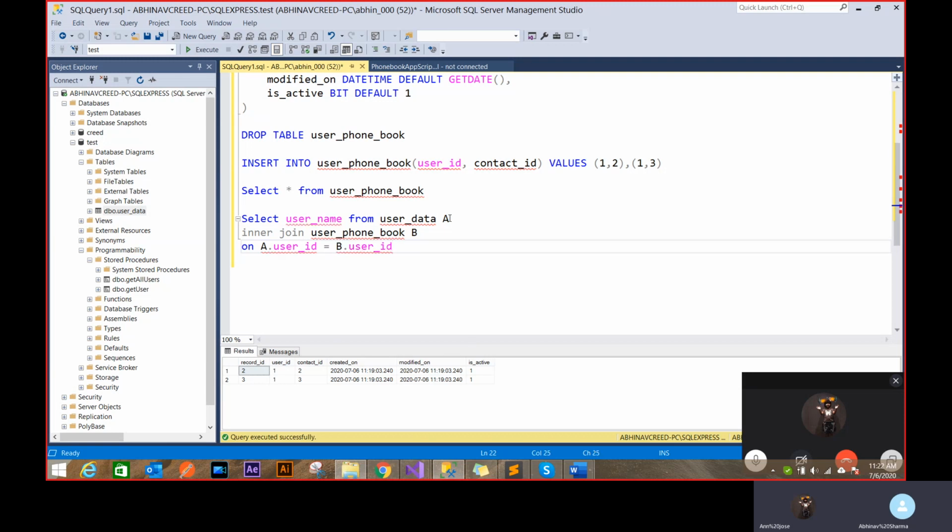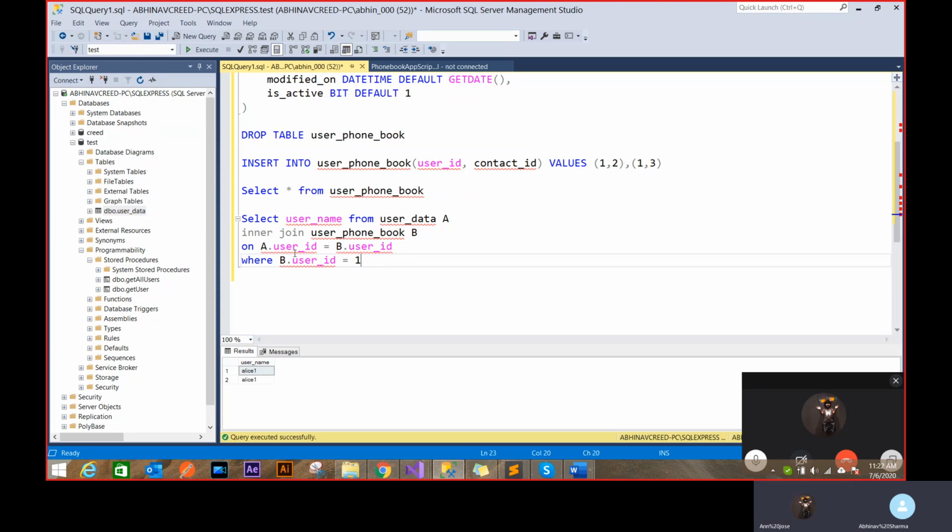Now it's going to join these records and take that contact ID out, right? So where I just want the user ID to be, I just want the record of Alice. So which user ID should I target? This should be B, right? If I run this, now see the problem: because I have joined the user IDs, it's giving me Alice records, but that's not what I want. I want the records, the contacts of Alice.